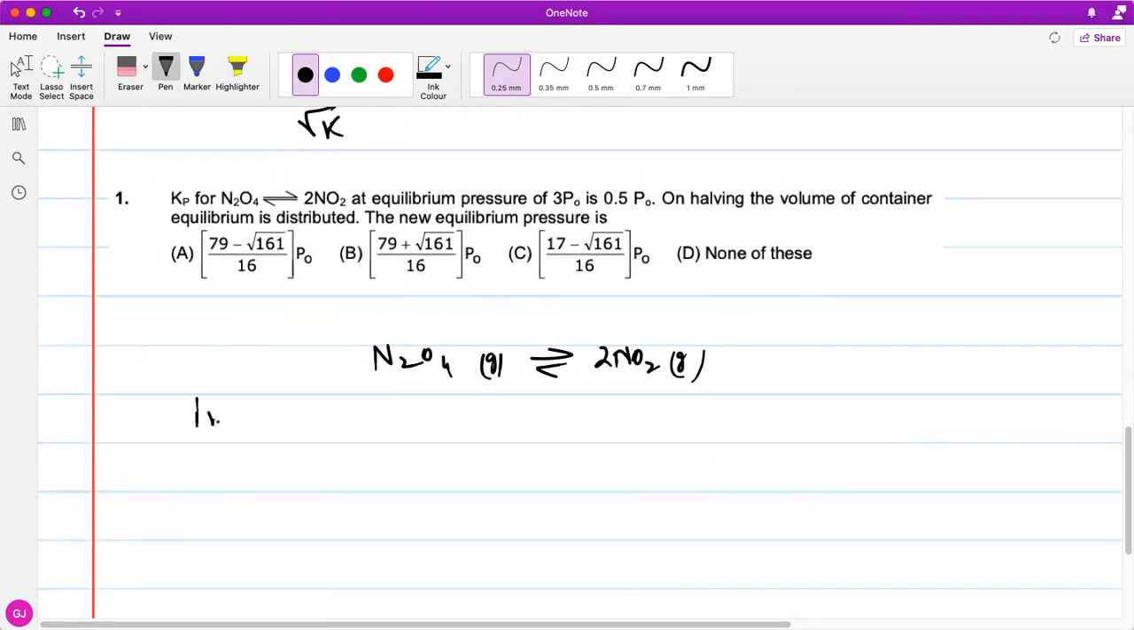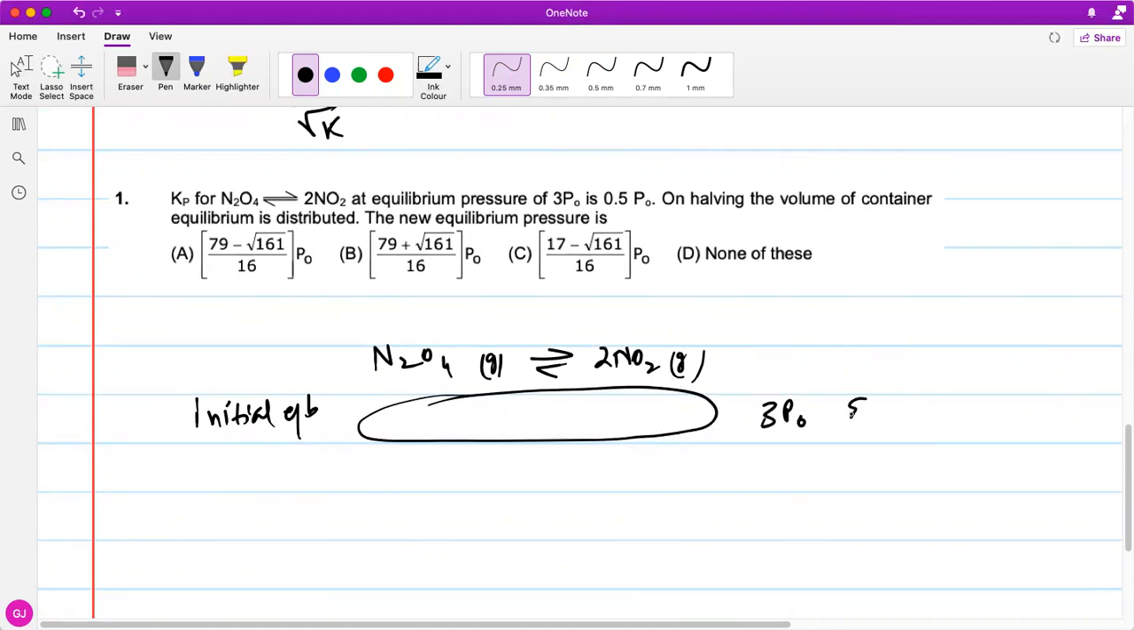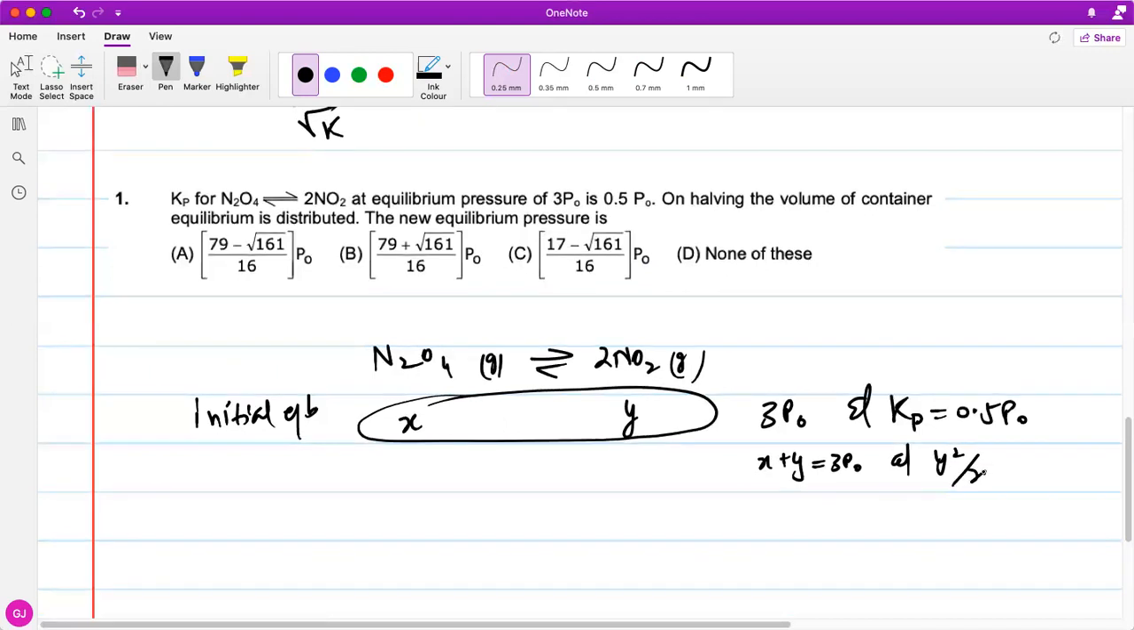So what they have done is that at initial equilibrium, the total pressure has been given to you as 3 P naught, and you have been given that the Kp is 0.5 P naught, right? So if I was to take this as X and Y, that means X plus Y equal to 3 P naught, and Y square by X is equal to 0.5 P naught. When you solve, you will get X equal to 2 P naught and Y equal to P naught. Okay. So rather than giving the initial equilibrium data directly, they have just chosen to give that indirectly,